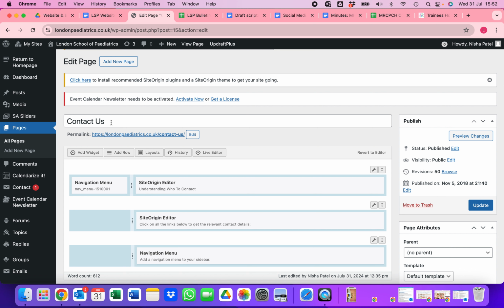So you can put in a site origin editor, and this is basically open text. So you can edit this and you can put additional text. There we go. So I'm going to just do that, and for the purpose of this I am going to show you. So I've done that. This is a new section over here, and now what I want to do is preview